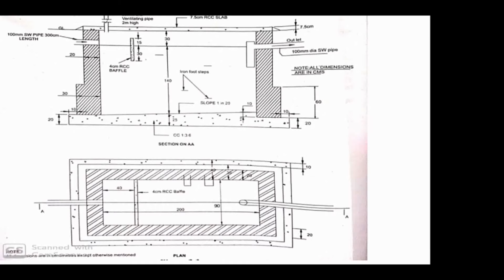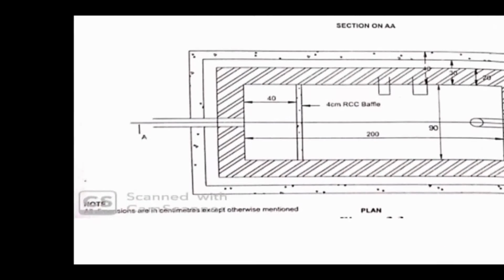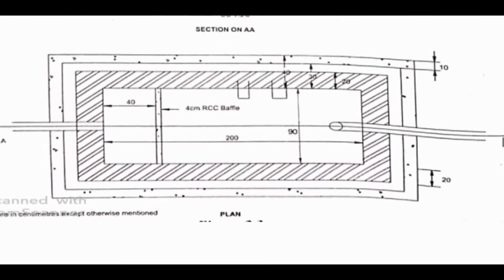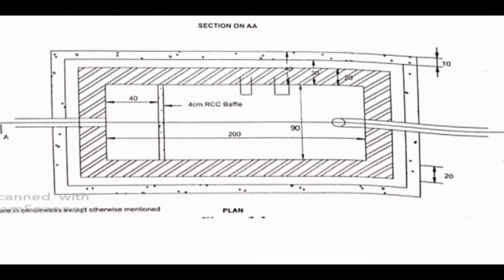To find out the quantity in cubic meter, we have to multiply length, breadth and depth, and the number, right? So that we have to do. For that I am going to take this plan here. You can see here, inside to inside how much is it? It is 200 is the dimension, right? So when I take the length, the horizontal one, it is 200 inside to inside,